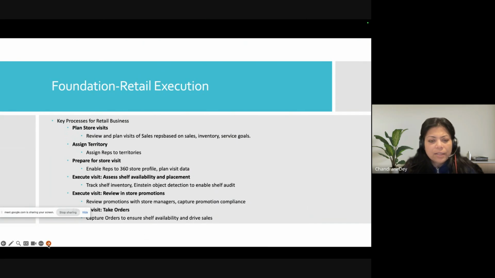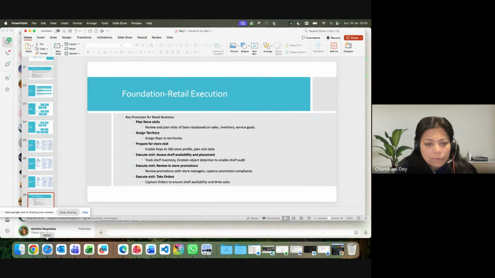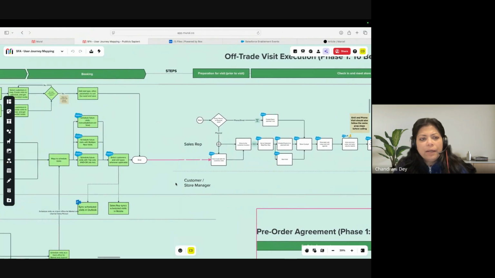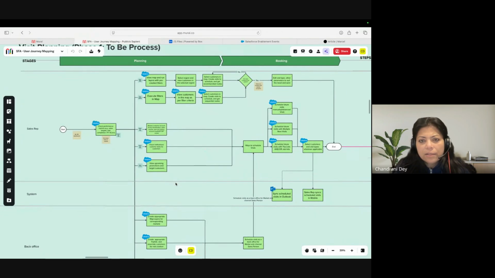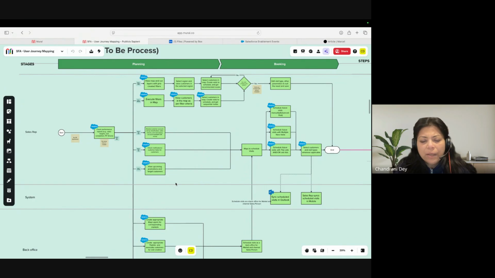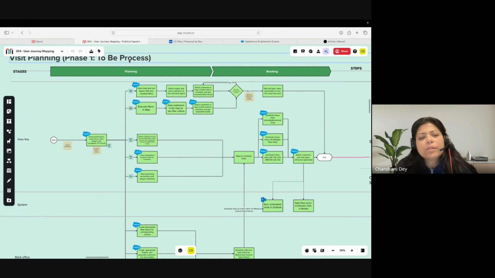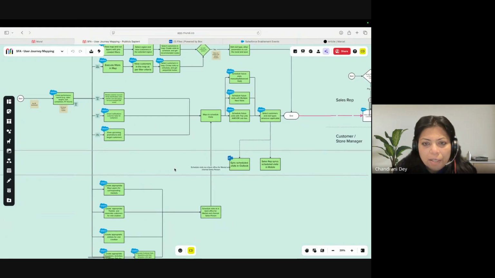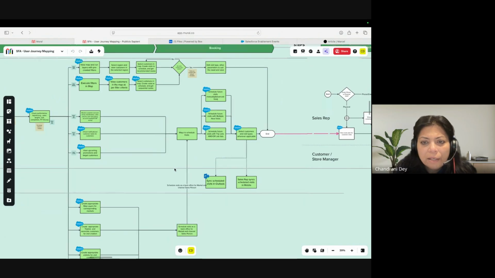So this is something I have to show you. I intended to show you this. This is something that I prepared for my project, not exactly at the start, but in between. We started during the to-be process, at the start of the project, but then we had to finish this during the mid time of the project.